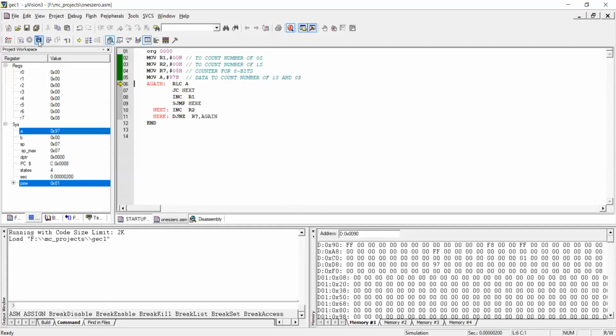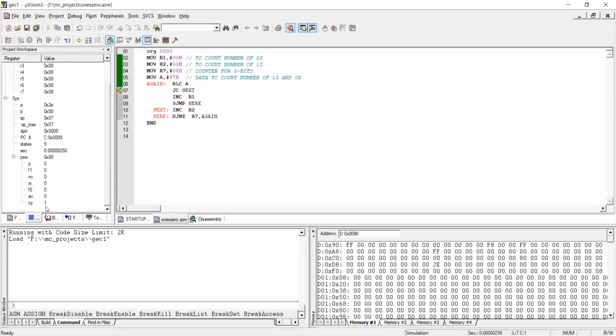97H, right? The first instruction what we have is rotate left with carry. The MSB bit what we have is 1001, right? So I'll keep on rotating this one. If I keep on rotating, what we get here now is that the carry bit is set to 1. The carry bit is set to 1.